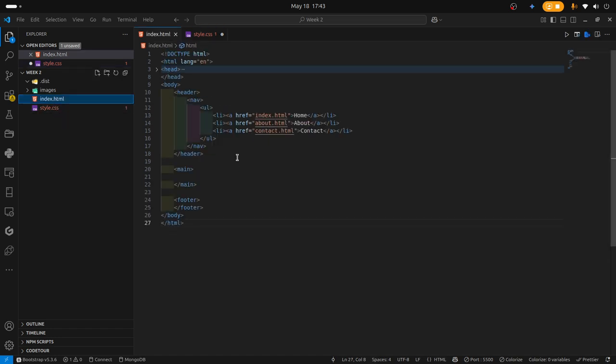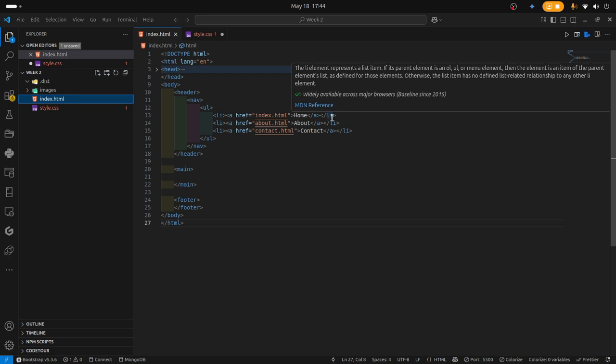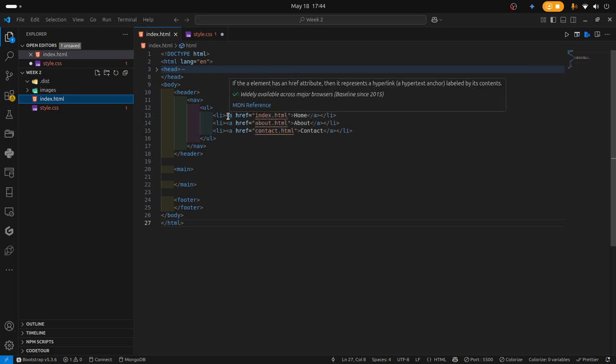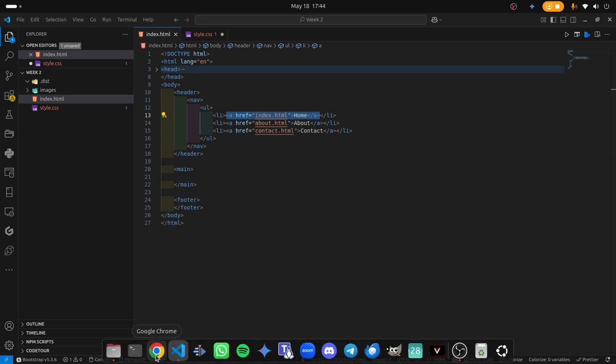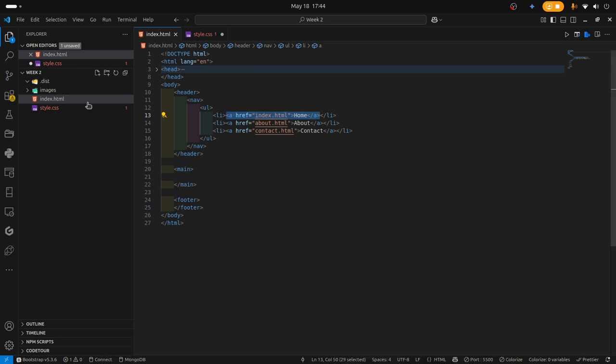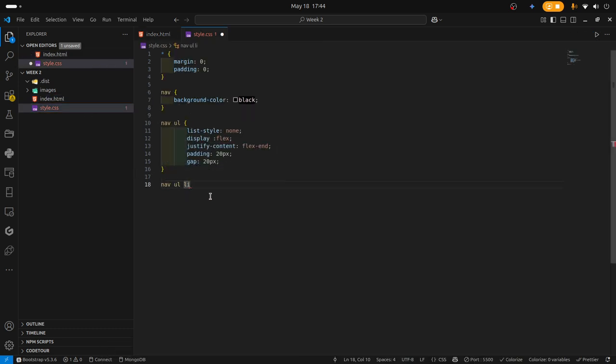Remember, my list is everything that's out here. But no, there's nothing I want to change on my list. The things I want to change are in this guy here, which is the home about contact. I want to change the color of that. I want to change how this is affected. And I want to change the underlined things here. So on list, I don't change much. So it'll be list, and I move forward, and then I will select